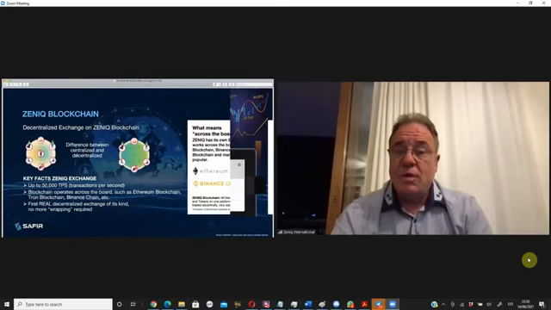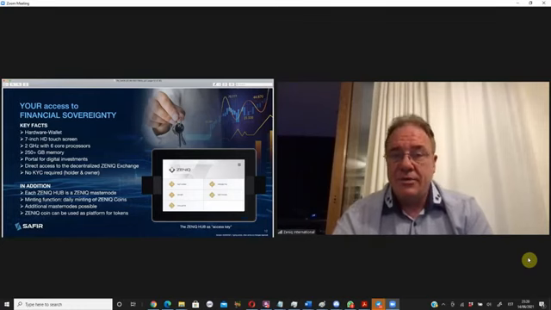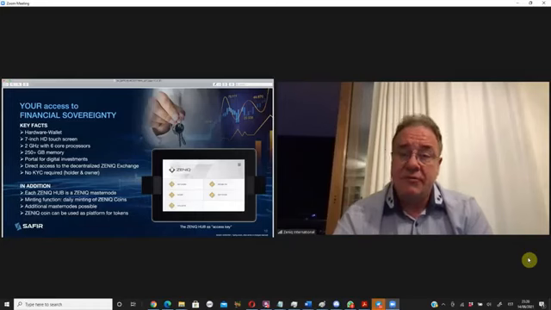And of course, one of the biggest crown jewels of the whole system is our physical tablet. It's a 7-inch touch screen with 6 processors and a really good, strong memory. This is the portal for all your digital investments or your digital assets. It gives you direct access also to the Zeniq exchange. There is no KYC involved whatsoever. Why? Because you are the owner and the holder of your assets.